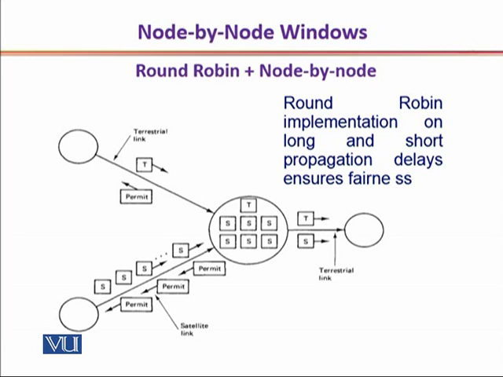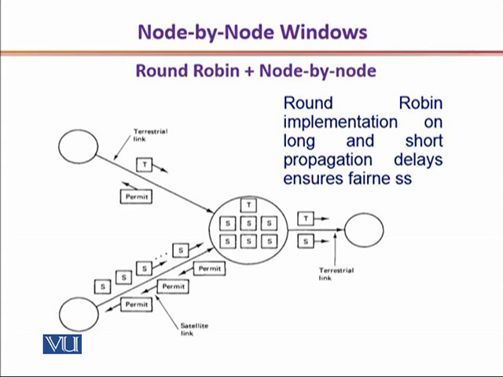The obvious difference between a terrestrial link and a satellite link is that the acknowledgements that this intermediate device generates would be readily delivered to the terrestrial node. But for a satellite node, it is going to take a considerably long time. Consequently, what would start to happen? The packets coming from the terrestrial link would be readily served on this intermediate device, and it would become unfair.